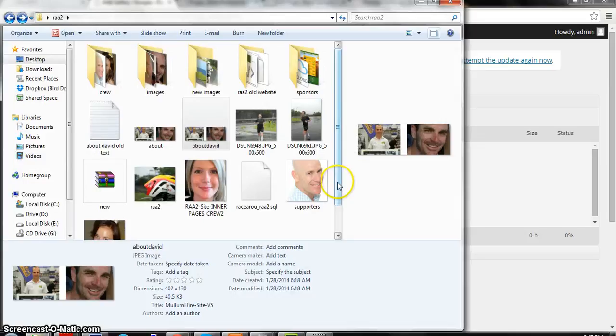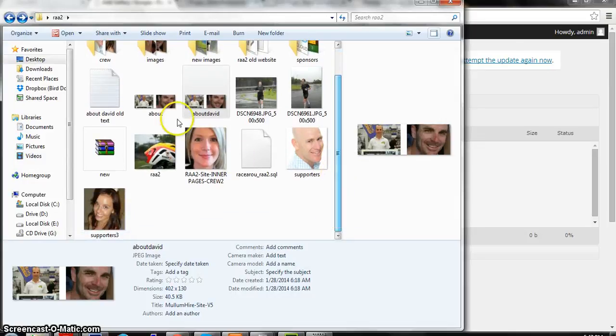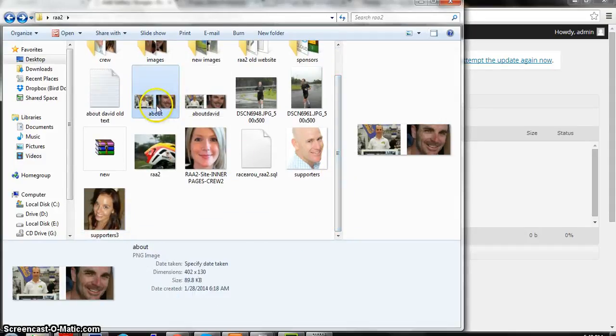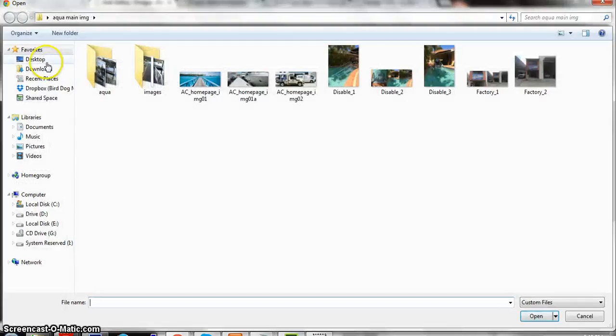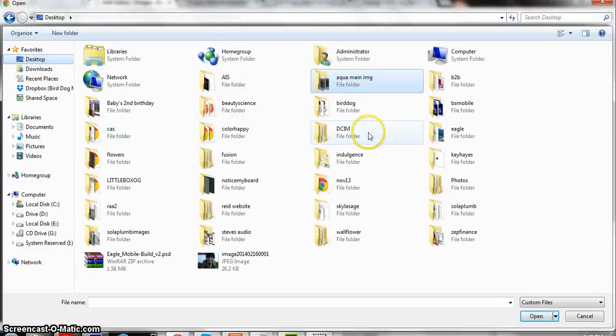For our example, I will be uploading this photo example here. What I will do is just drag the image to the folder, or you can just click add files and navigate to the file you will be uploading.